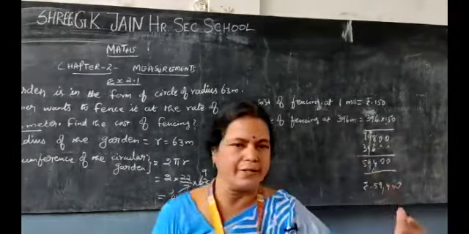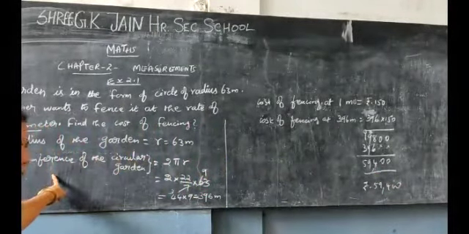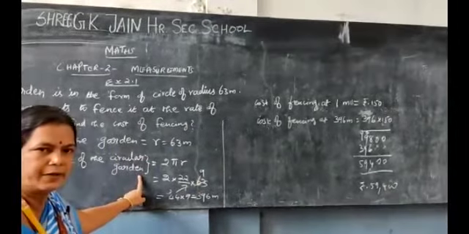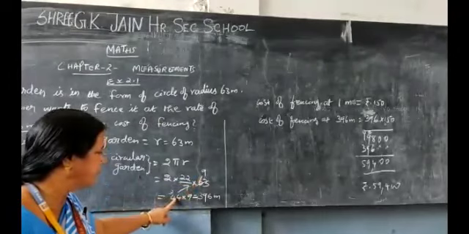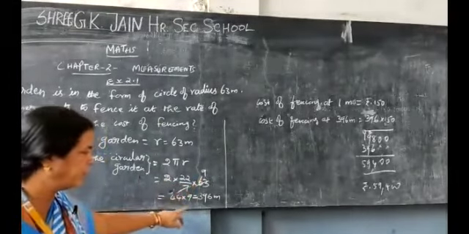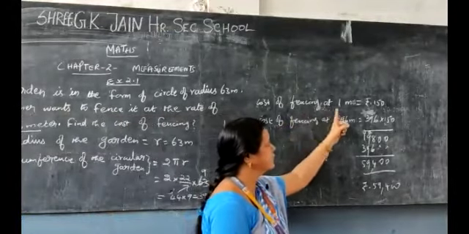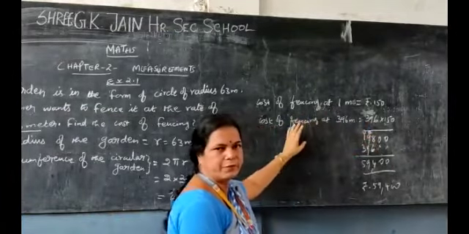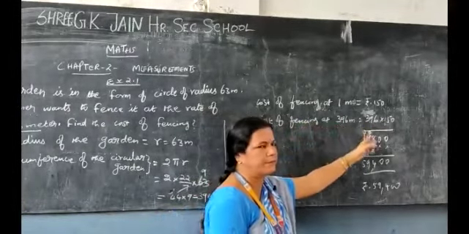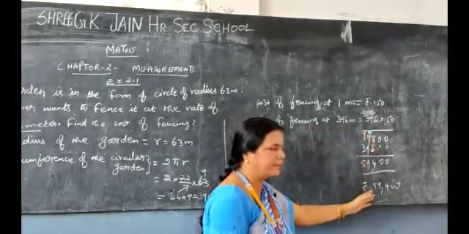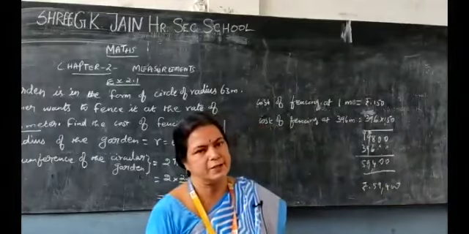Okay children, I think you can easily understand. First, what is given here? Radius. So the radius of the garden is given, and you are going to find out the circumference of the circular garden. For cancelling, in 7 table 9 times is going, then you will get 44 into 9, how much? 396 meter. Per meter means 1 meter. The cost of fencing 1 meter is given as rupees 150, and now the cost of fencing 396 meter, you multiply, so you get rupees 59,400 for the cost of fencing the circular garden.